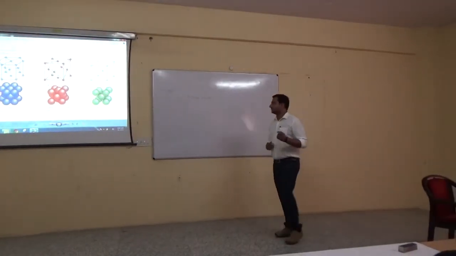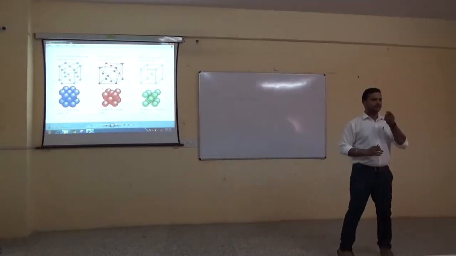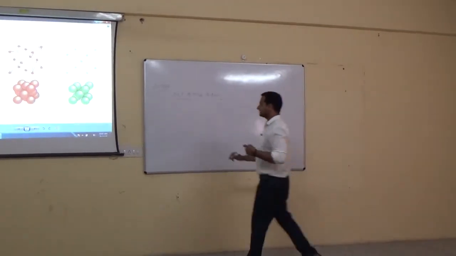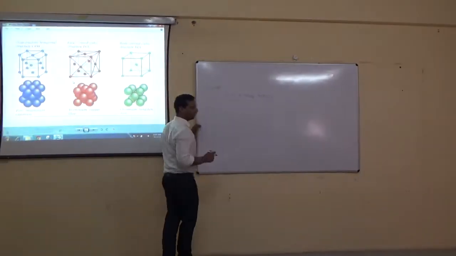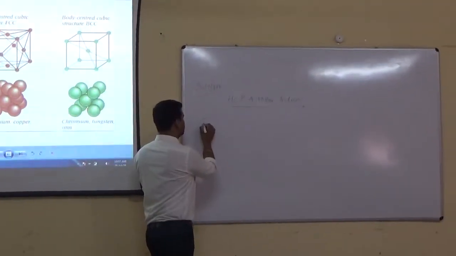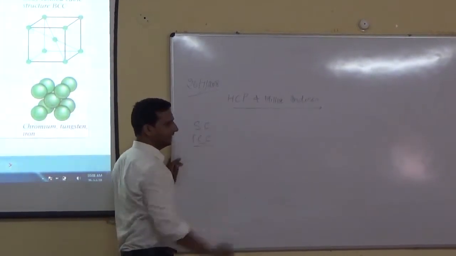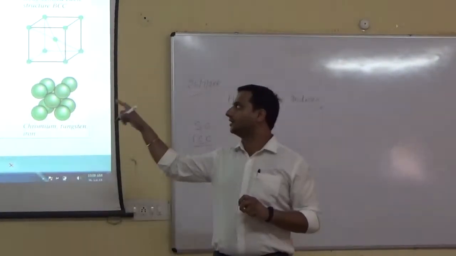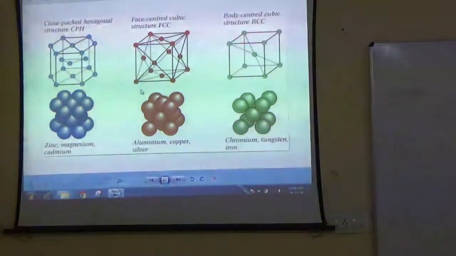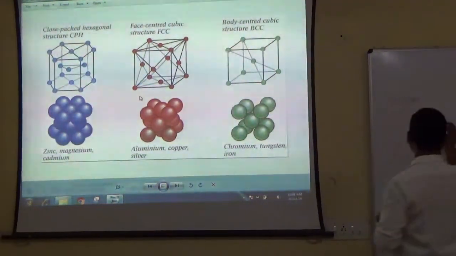As in the last class, a few students have come and we have covered an important topic, so I will explain it in a nutshell. In the last class, you have already covered the atomic packing factor for the simple cubic and face centered cubic unit cell. As shown in the slide, you have covered the FCC structure as well as the body centered cubic unit cell. Okay. So today we will discuss the hexagonal